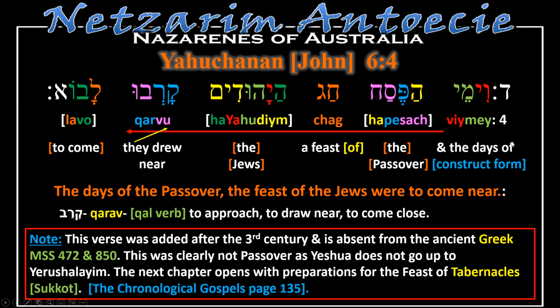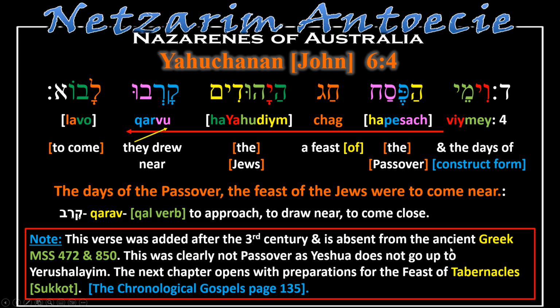And the days of Ha-Pesach, the Passover, the Pesach. Chag, which is a noun, meaning a feast, and I've added of. Ha-Yehudim, the Jews. Now, just as a note, I've added down here, this verse was added after the 3rd century